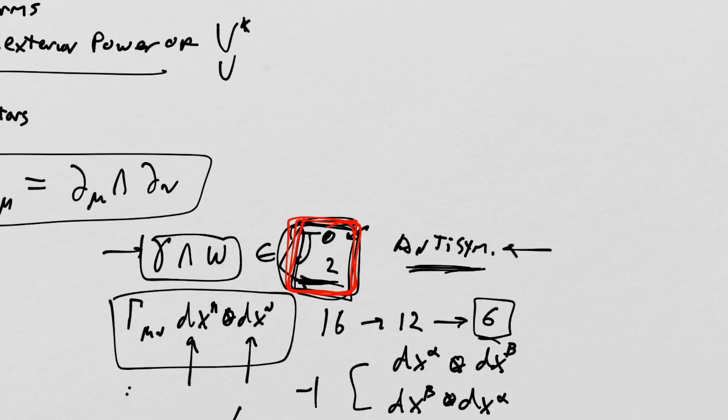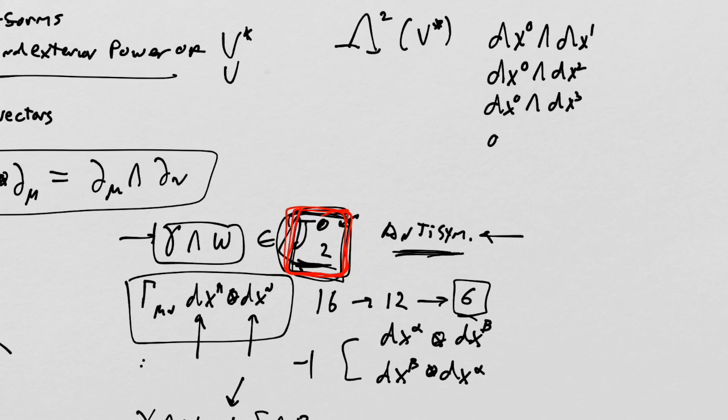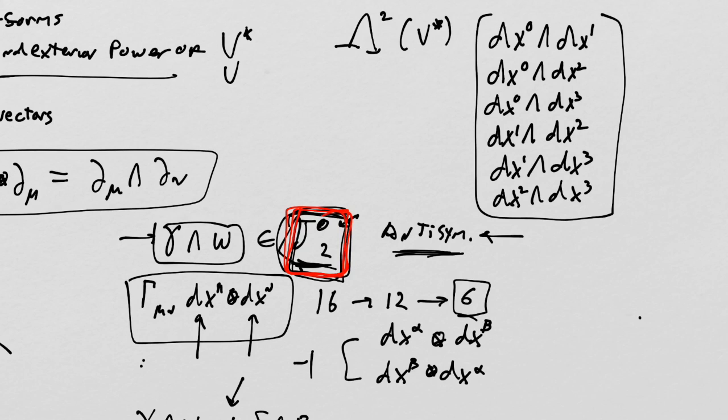And the basis vectors, so now, with the second exterior power of the dual space, the basis vectors are dx0 wedge dx1, dx0 wedge dx2, dx0 wedge dx3, dx1 wedge dx2, dx1 wedge dx3, that's 1, 2, 3, 4, 5, and then dx2 wedge dx3. And these are the basis vectors of this